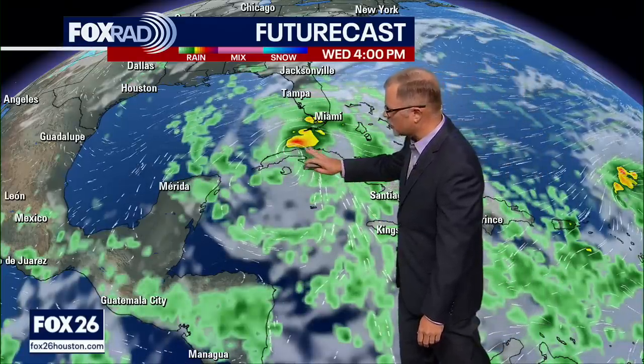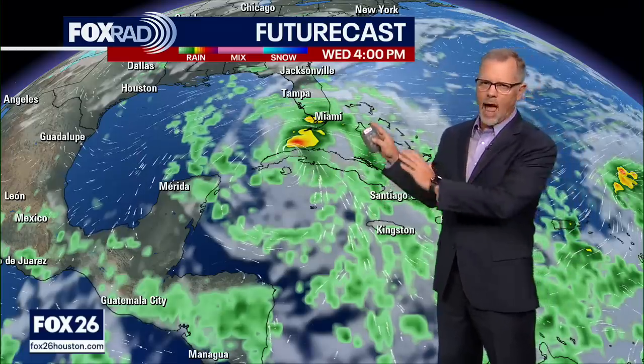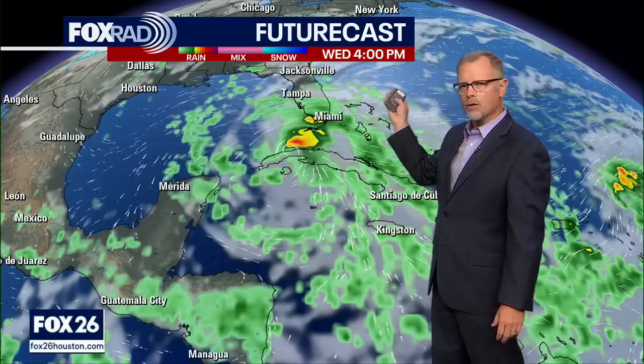And right now, this looks like it might even move across Cuba and try to get into the Gulf of Mexico. It's a little early to have a lot of confidence in as far as where this system would go. We have enough confidence right now to say, yes, we think there will be a tropical depression or a tropical storm. But the way these steering currents are, it wouldn't take a whole lot just to get this thing to head out to the Atlantic instead of trying to creep in toward the Gulf of Mexico. So not a lot of confidence on the direction of where it's headed, just that we are looking for a